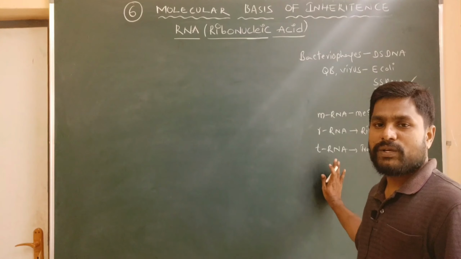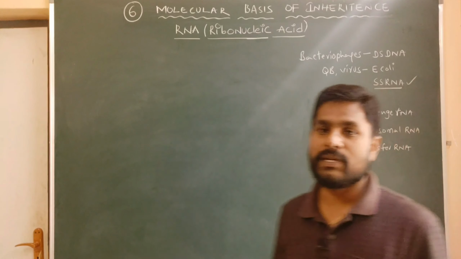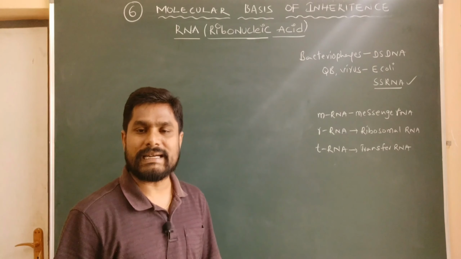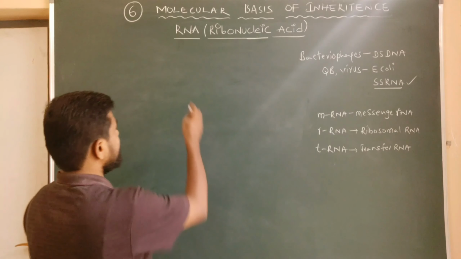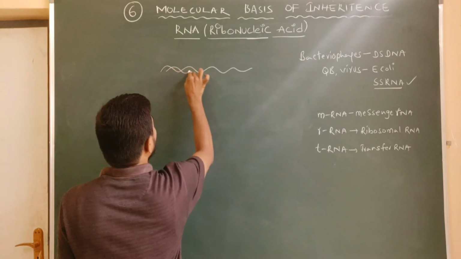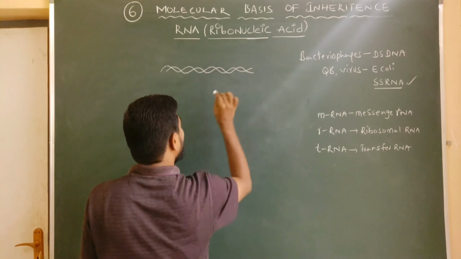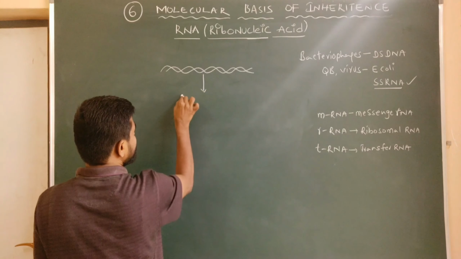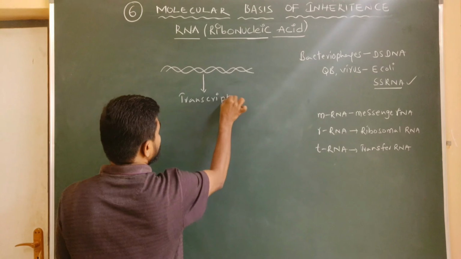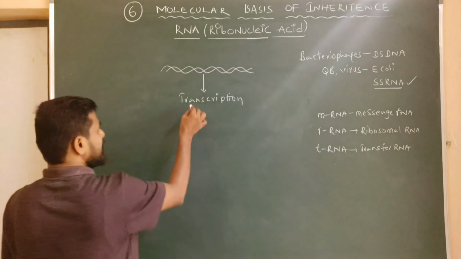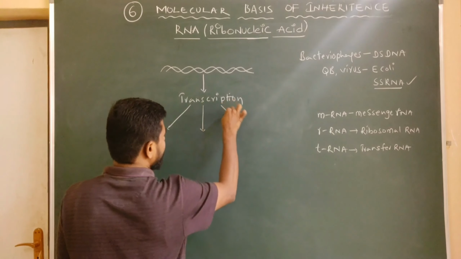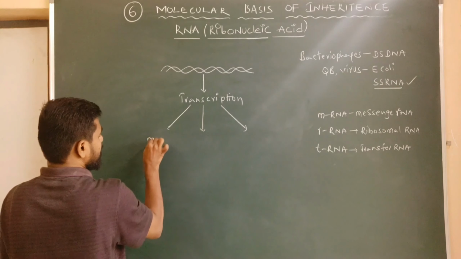All these RNA molecules of living organisms are synthesized from a DNA by a process called transcription. So this is a double-stranded DNA molecule which is going to be involved in transcription. This is a process called transcription. Through this process, a DNA molecule can synthesize all types of RNA molecules,